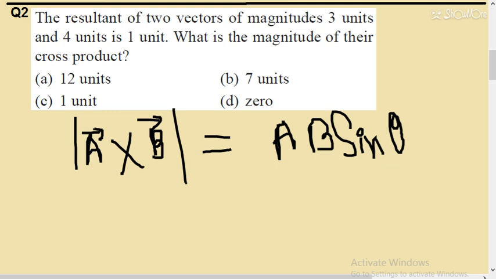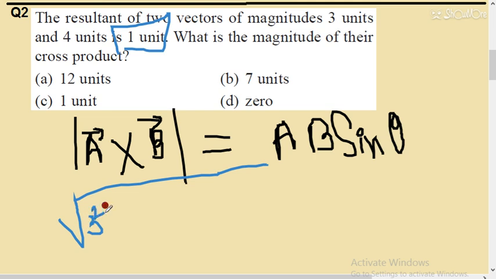And we have calculated the angle in the earlier case. The resultant is 1 unit. So 1 unit, students, हमें कब मिलेगा? 1 unit we will get. Okay, one more thing about 1 unit: you can calculate using the parallelogram law also. Here you can calculate 3 square. I have just used my trick, कि मैंने जल्दी से guess कर लिया. 3 square plus 4 square. You can calculate by this way also.